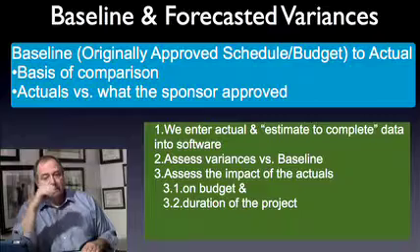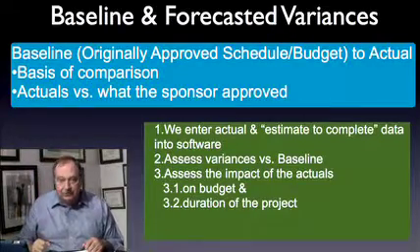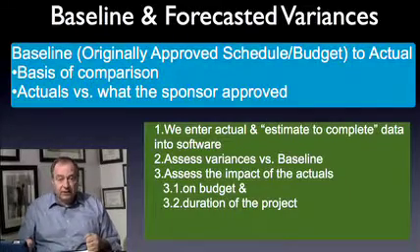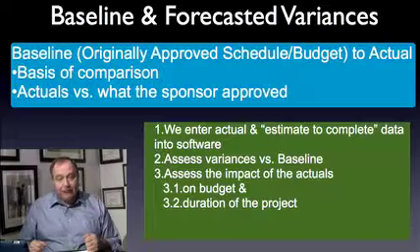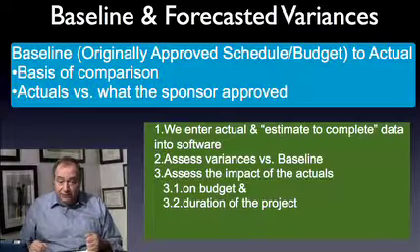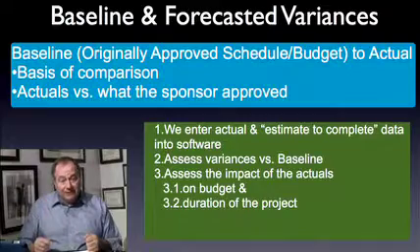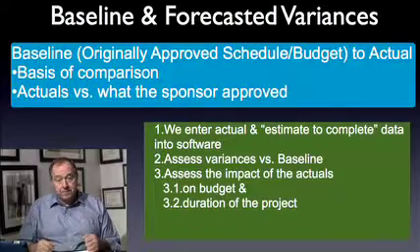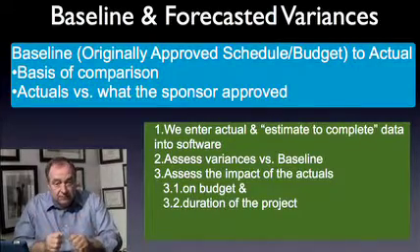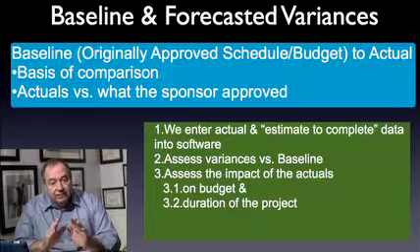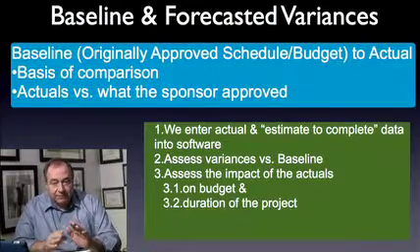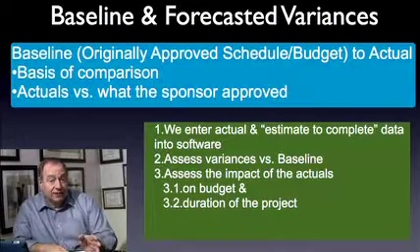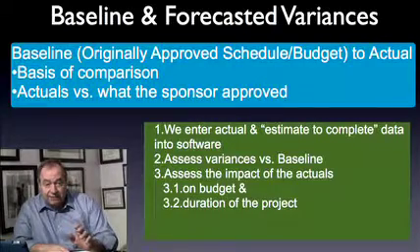As an example, Pat may be working on task 37, which was originally budgeted for 80 hours worth of work and a month-long duration. At the end of the first week of the assignment, Pat reports completing 40 hours worth of work and gives you an estimate to complete that it will take another 100 hours of work to finish the task. Now, this task is not late, nor is it finished. But the estimate to complete is a problem, and the 100 hours on top of what's been done is 20 hours more than the baseline plan.